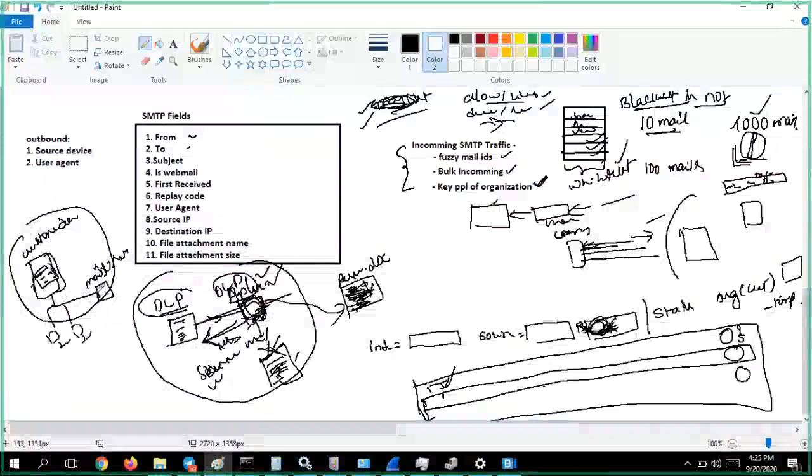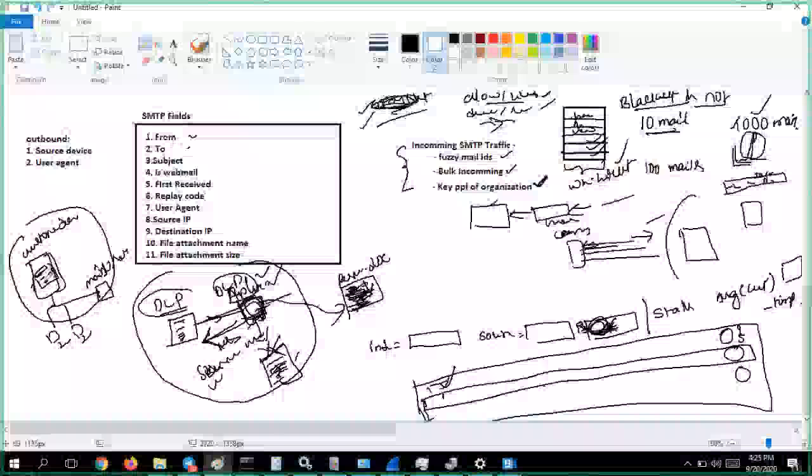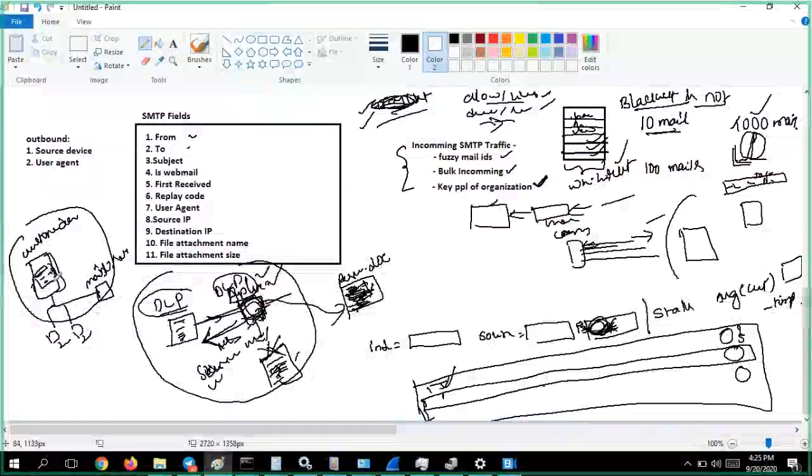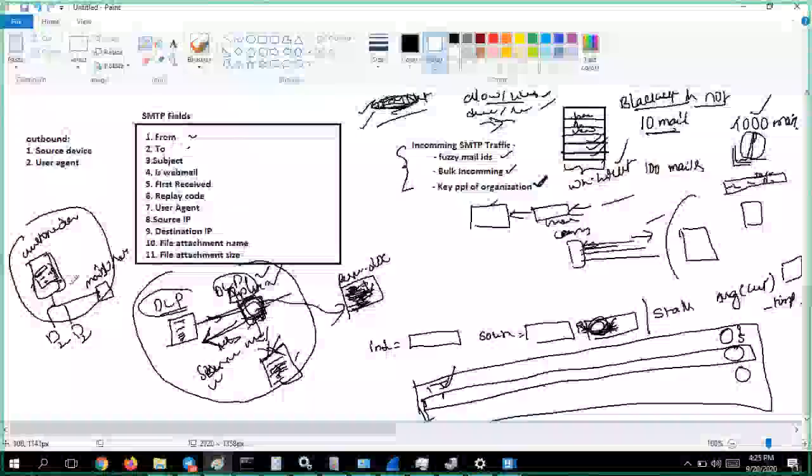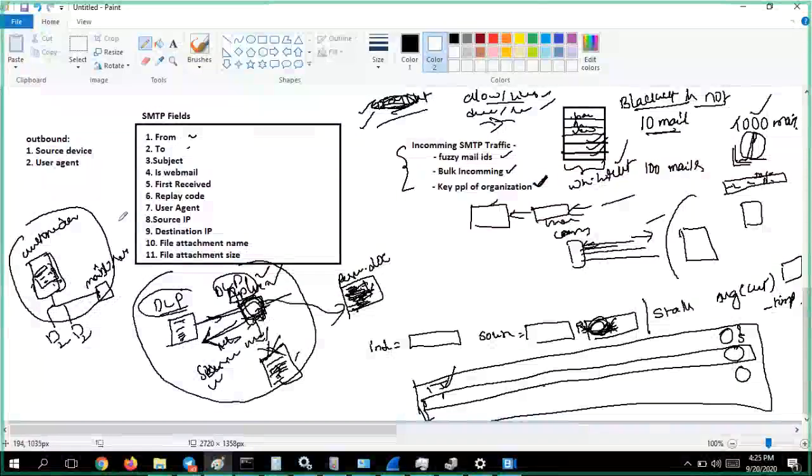This mail server, whatever the source IP address is, is it allowed